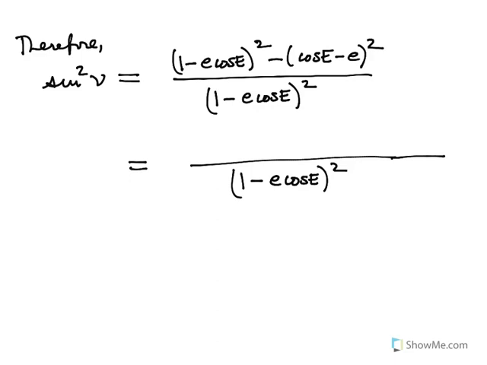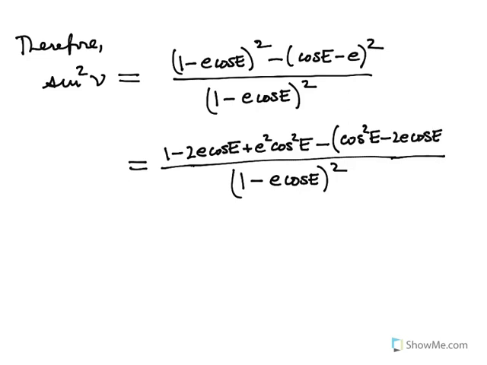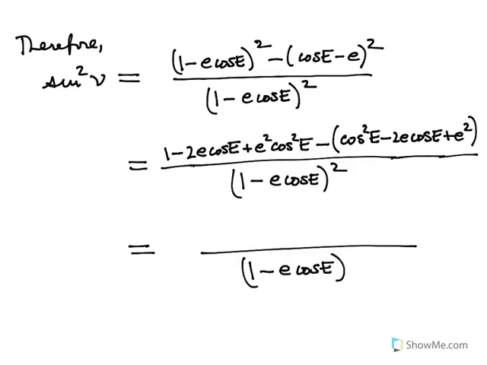So if I expand out the numerator, which may require me lengthening this fraction line a little bit, I get 1 minus 2e cosine of E plus e squared cosine squared E. And then I've got minus, now I've got cosine squared E minus 2e cosine of E plus e squared. So that can now be rewritten as 1 minus e cosine of E, squared. And now let's